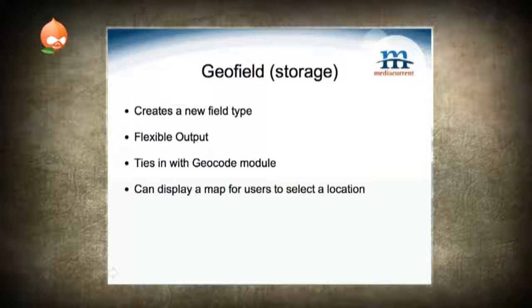So with the OpenLayers modules, you have the GeoField. If you're familiar with Drupal 6, it's kind of like the location module. This module, it just creates a new field type for you to add to your content type. It does have flexible output, which I'll show in the demo portion, which is pretty handy. You can have it display the GeoField as a map. You can have it display as latitude and longitude. There's about 8 by default ways to show or display the field. And it does tie in with the next module we're going to be talking about,